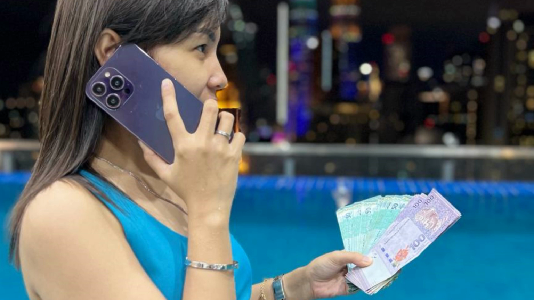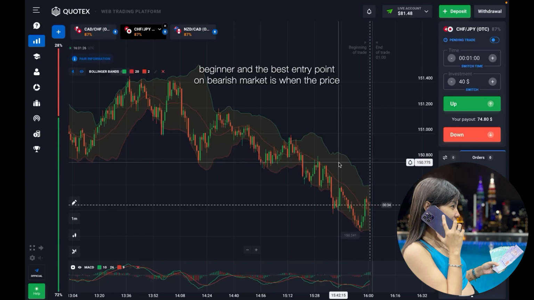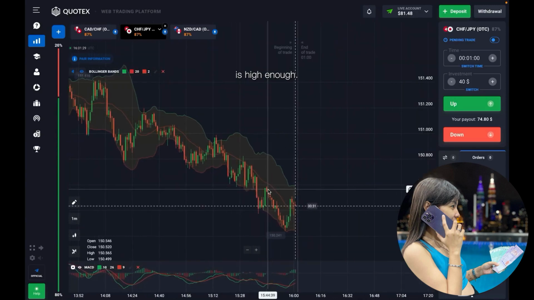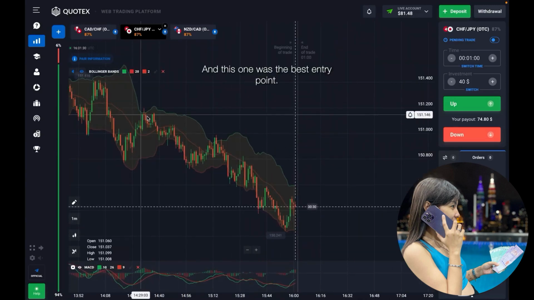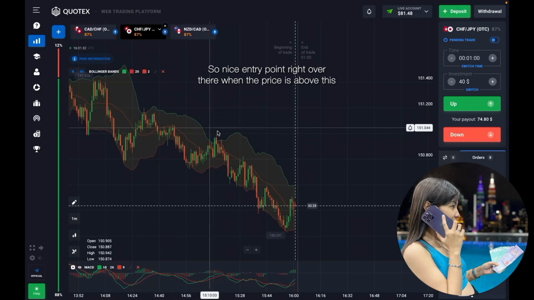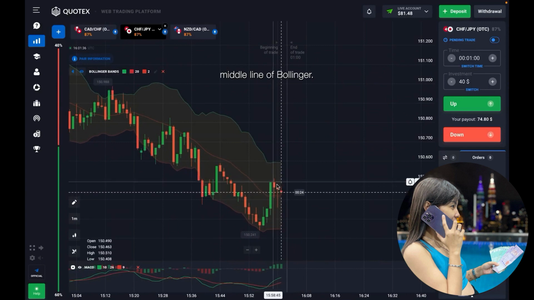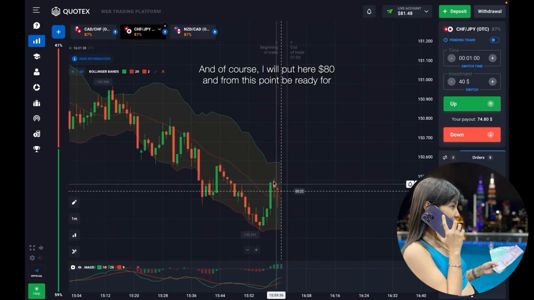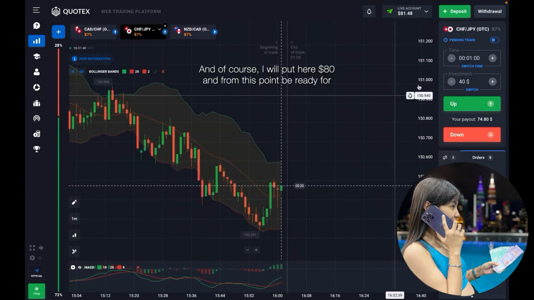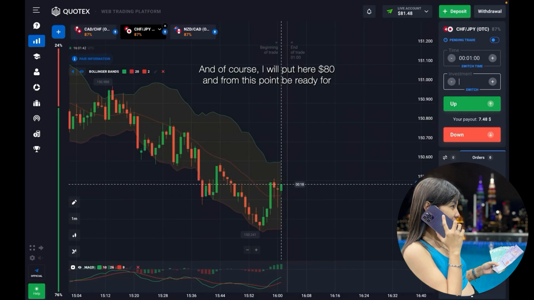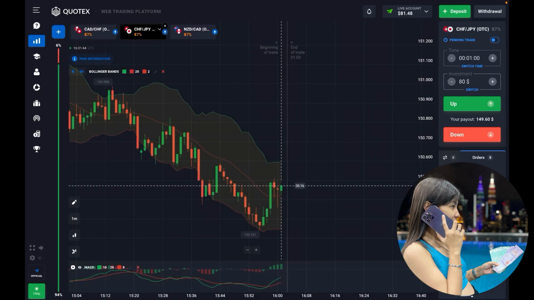Guys, remember, trend is your best friend if you're a beginner, and the best entry point in bearish market is when the price is high enough. And this one was the best entry point. So nice entry point right over there when the price is above this middle line of Bollinger. And of course I will put here $80, and from this point be ready for put option